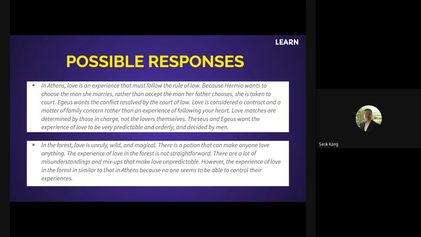Okay, so Hermia has no choice in who she gets to love in both of those. Lysander has no choice in who they get to love in Act 1 and Act 2. Does that make sense? So far, the experience of love for everybody is that they can't control who they love. Okay? Is that making sense to y'all? I know it's taking a while. We're about to wrap up here soon.